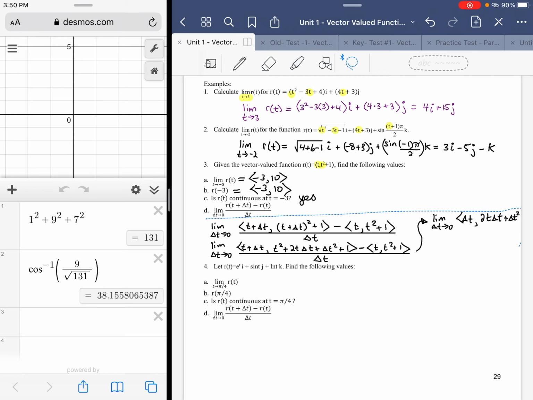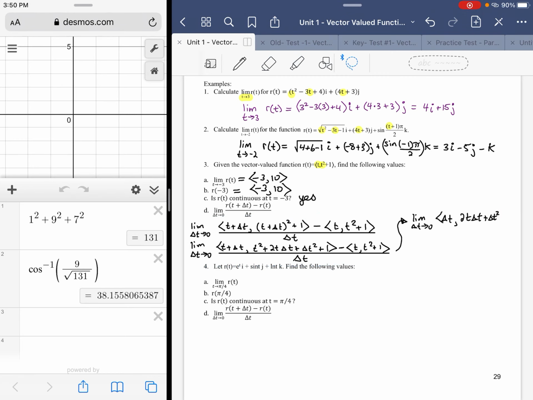All right, so let me just smidge all this stuff over a little bit, fit it all in, close the bracket, over delta t. So this would be the limit as delta t approaches 0 of ⟨1, because really it's the same as distributing through with the scalar 1 over delta t, which simplifies down to 1, 2t plus delta t⟩. So we're dividing each term by delta t essentially, and when we apply the limit we get